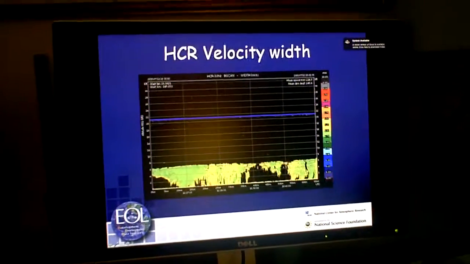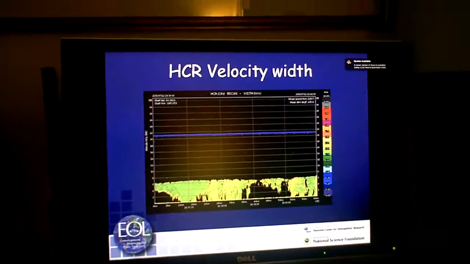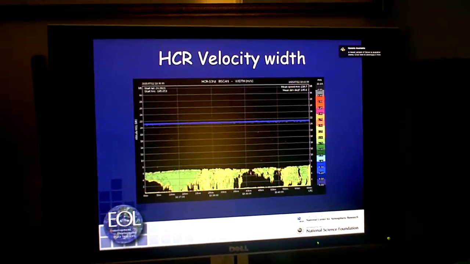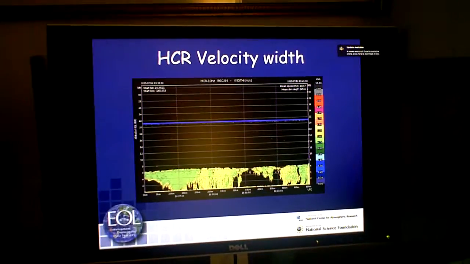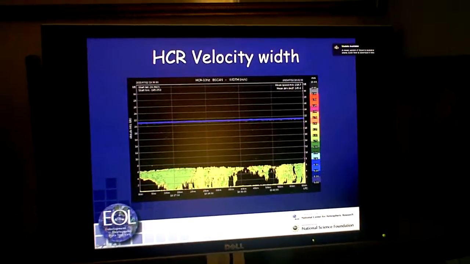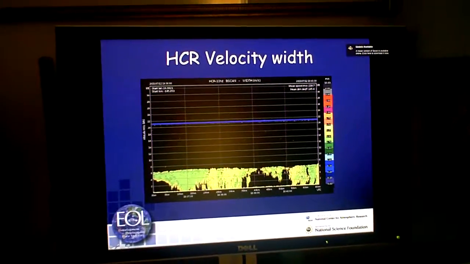And the next image shows a spectrum width. Spectrum width, the spread in Doppler velocity, again gives you an idea about how small or big the particles are, how broad they are. And you can say low spectrum width, larger spectrum width. PIs in this project, particularly from Miami, Florida,